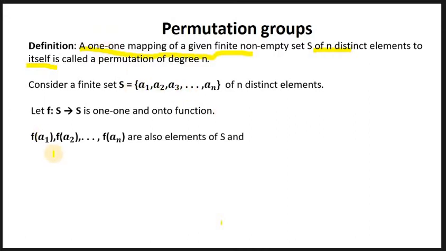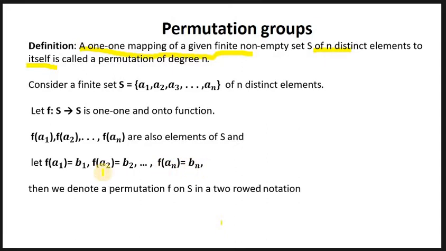Then let us take the images as f of a1, f of a2, so on f of an, which are elements of S, and let f of a1 be equal to b1, f of a2 equal to b2, and f of an equal to bn.